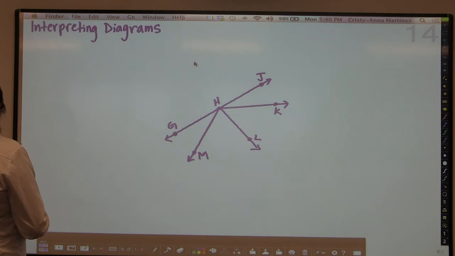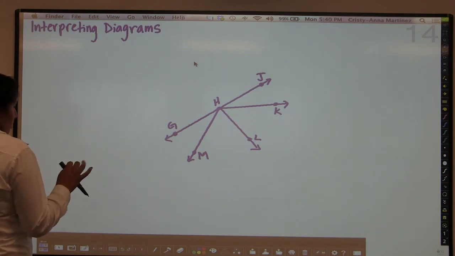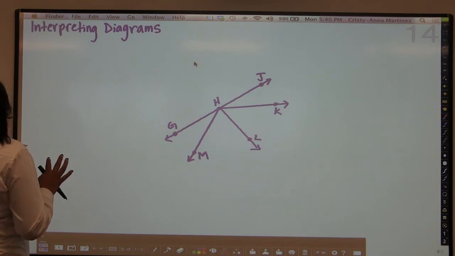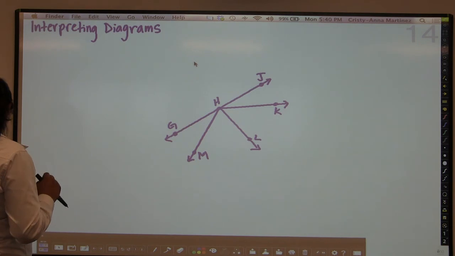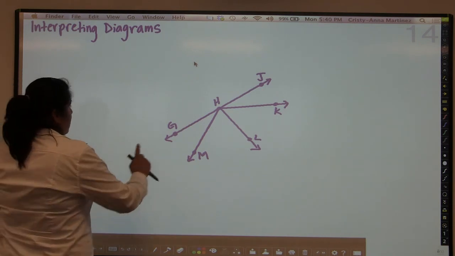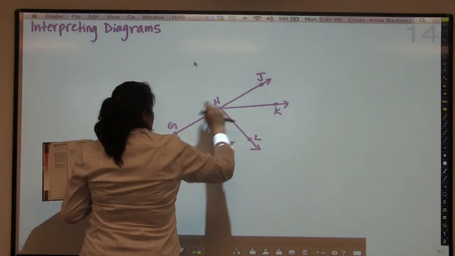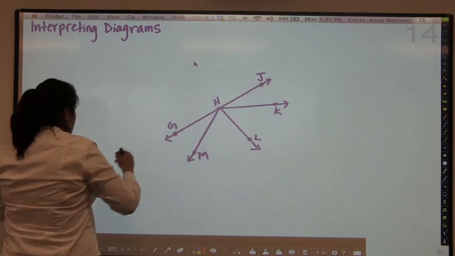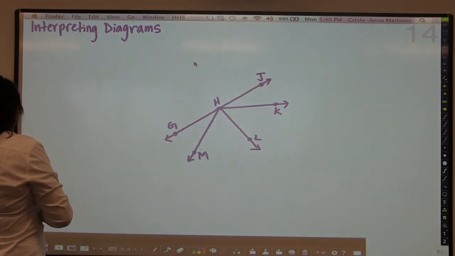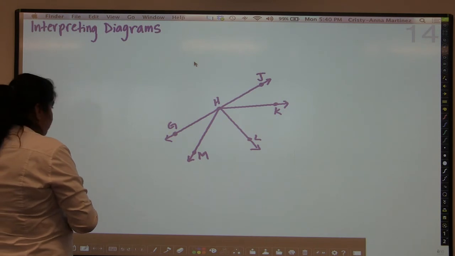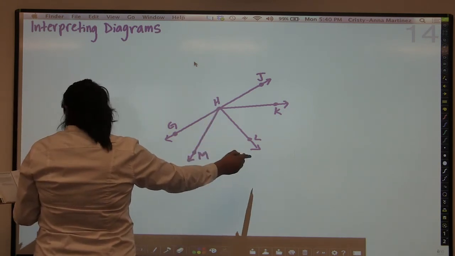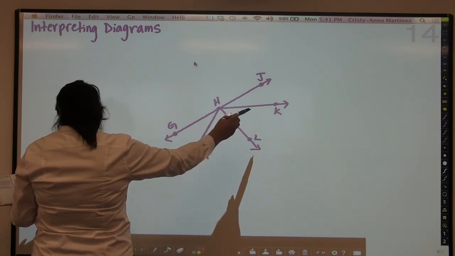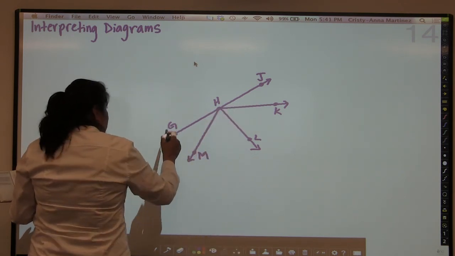All right, one thing that we can assume is that all these points are coplanar. They are all on the board, so they're all on the same plane. That can be assumed. We can also look at the diagram and know that points G, H, and J are collinear. There's no reason why we can't assume that G, H, and J are all in a line, so they're collinear. We can also assume that ray HM, ray HL, ray HK, and line GJ,